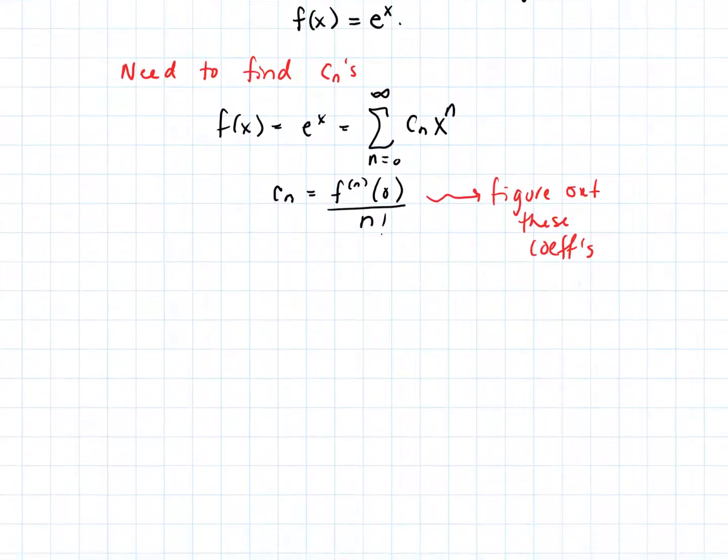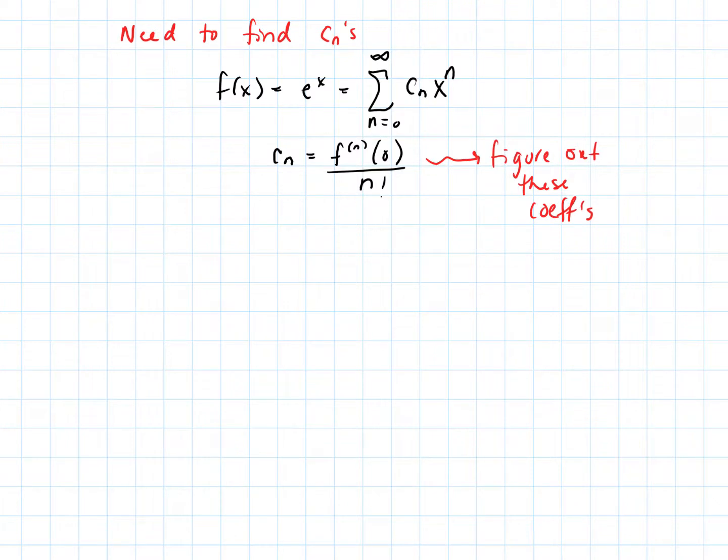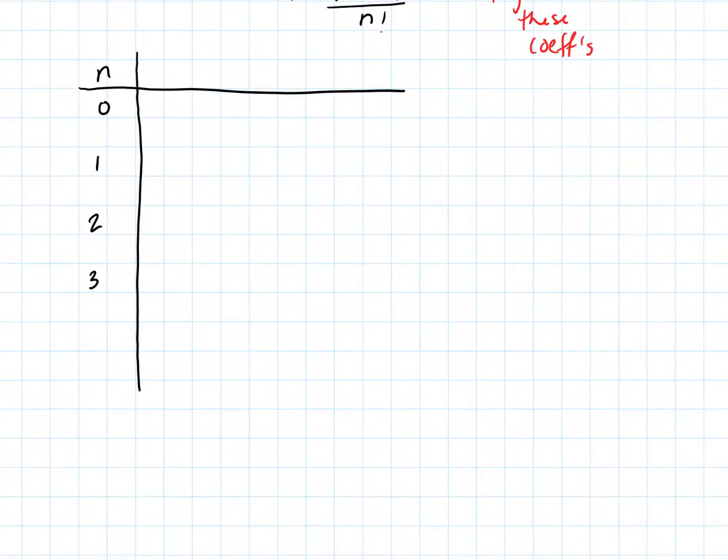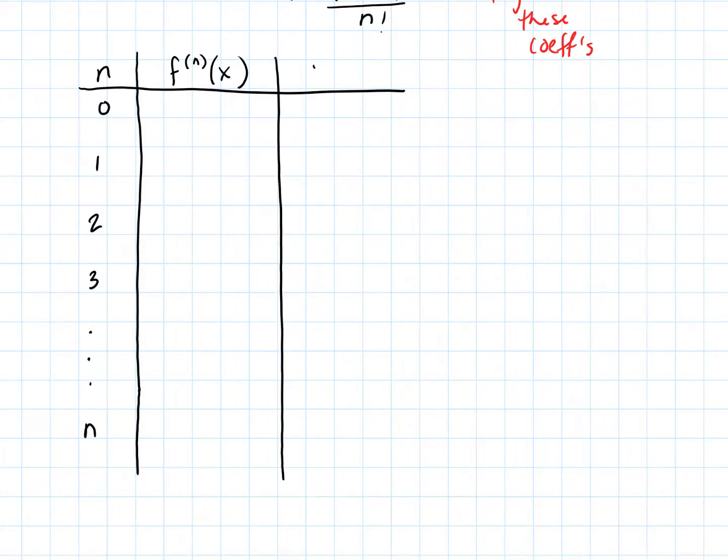So how do we do this? Well, we've got to find a pattern. So let's think about it in tabular form. If I'm thinking of 0, 1, 2, 3, that should be good enough for this one, out to the nth index. And then let's think about what would be those nth derivatives of this function. And then once we have those, what would be the actual coefficient, which is the nth derivative evaluated at 0 over n factorial. We're going to try to do enough of these so that we can see a pattern and get down to the nth